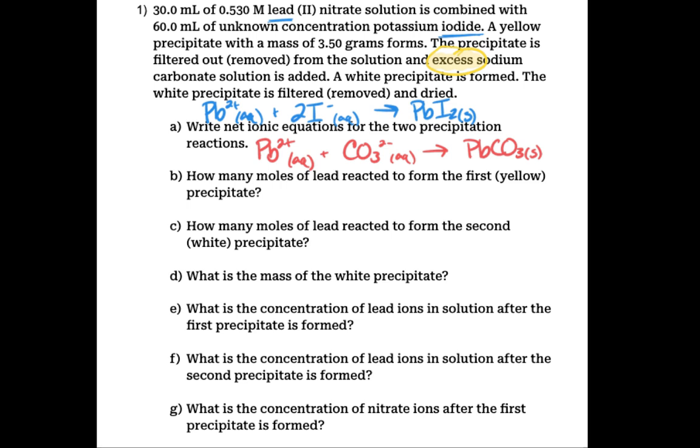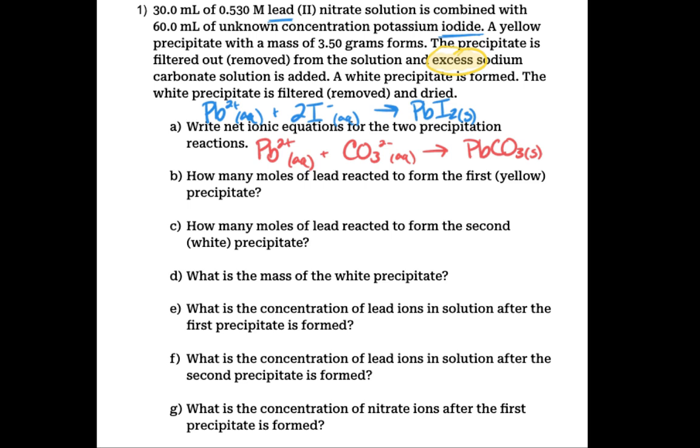This first step where we make the lead iodide, that is not a complete precipitation of lead. There still had to be some lead left to make this lead(II) carbonate here. Okay? All right, so now that we've got our net ionics written, we are going to go look at the